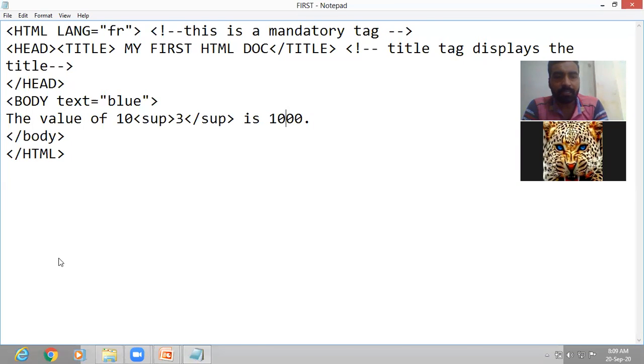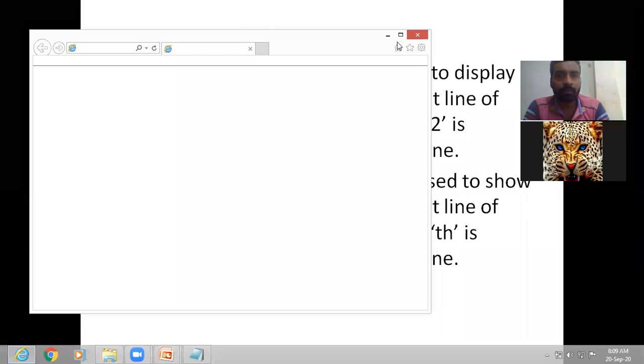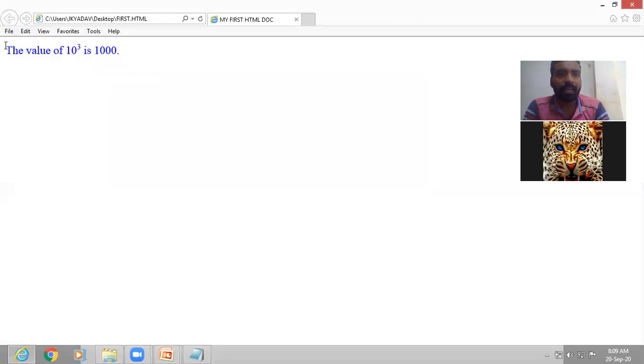Let us see this by executing the page. Here you can see the value of 10 cube. 10 cube is written, so cube means that 3 is written as a cube, and that is coming slightly above the line.